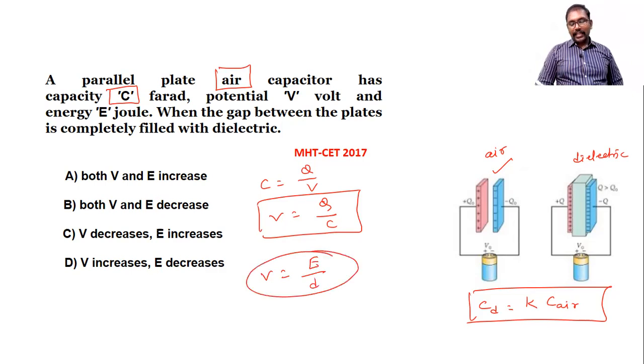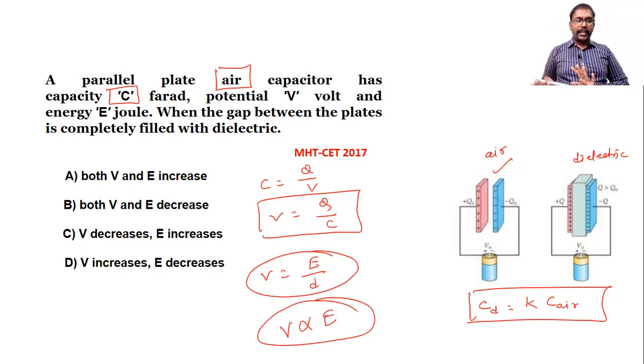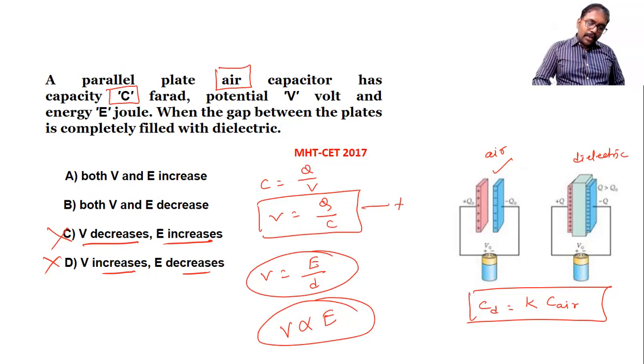Now V and E, they are directly related as the distance is constant. It means that V and E, they may both increase or they may both decrease. So in option C they have written decrease, increase, and increase, decrease. So these are not the options. So these we eliminated by the elimination method. Now maybe the answer may be option A or option B. Now that we have to discuss here. Now see here. So this is the formula.